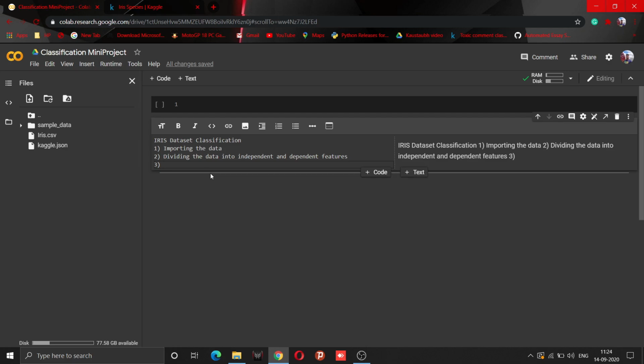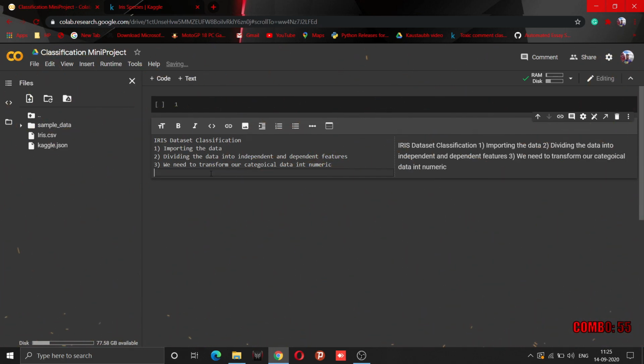So the third step, we need to transform our categorical data into numeric. This is our third step we are going to perform.